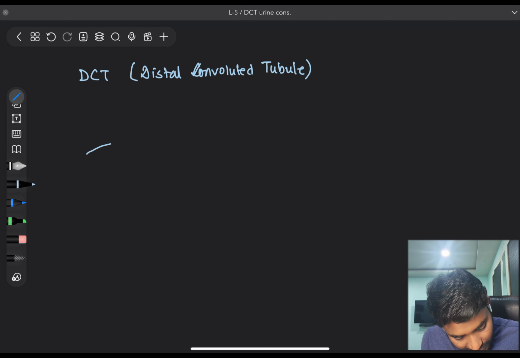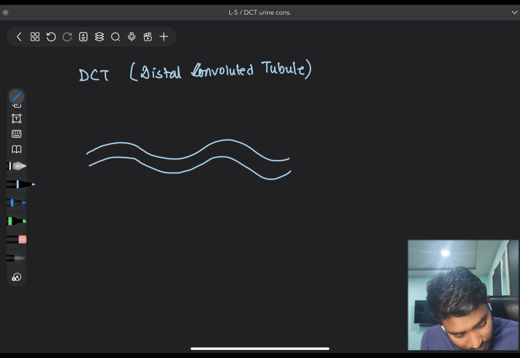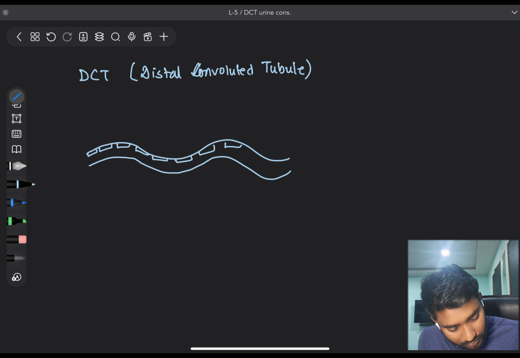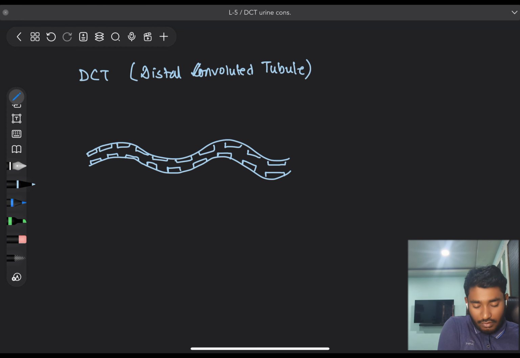Okay, in the DCT I am drawing a structure because this type of cell generally comes in the NEET. What type of cell is there in the DCT? It's a part of a nephron. As earlier I have said that the collecting duct is not a part of the nephron because many nephrons join with a single collecting duct. Okay, so you cannot call collecting duct a part of the nephron. Okay, in this case the DCT absorbs